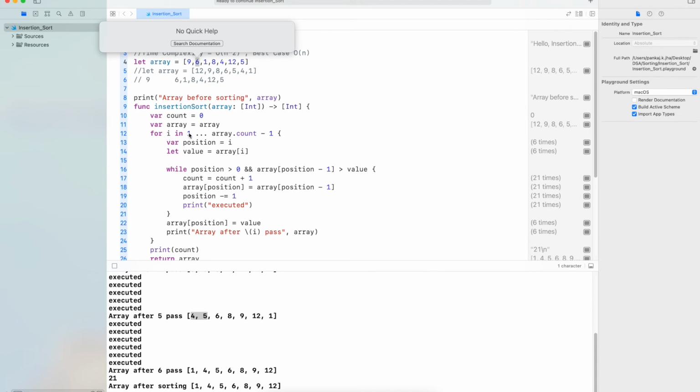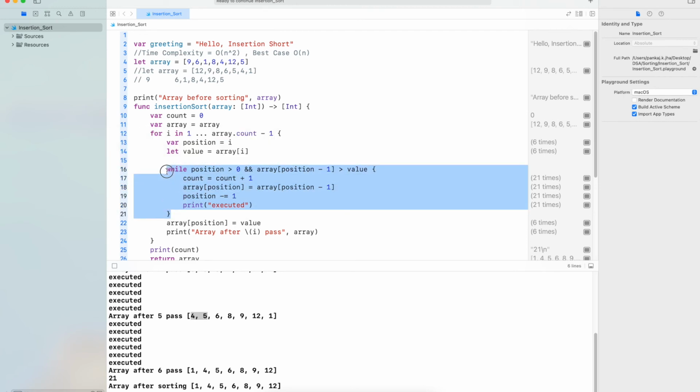Then we go to the next iteration. If I is larger, this loop will execute n times, or I would say n minus 1 times.